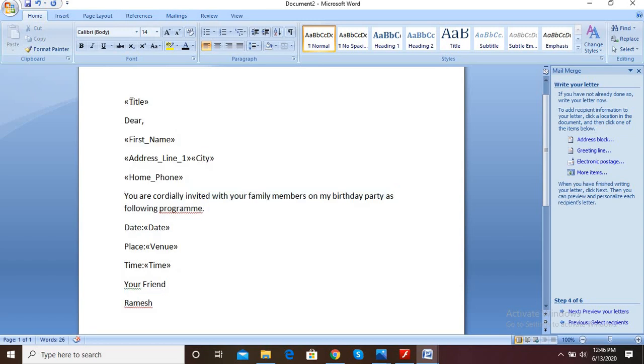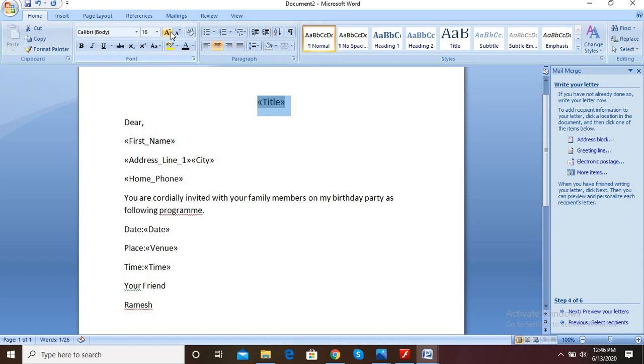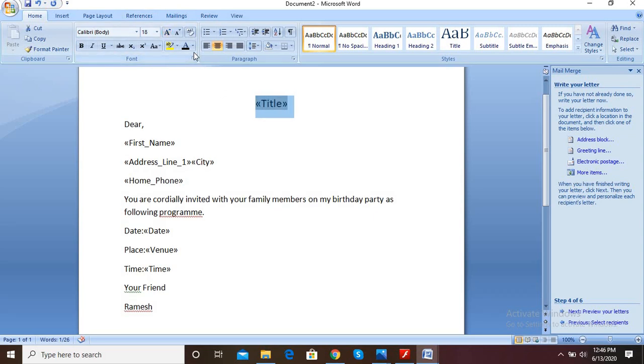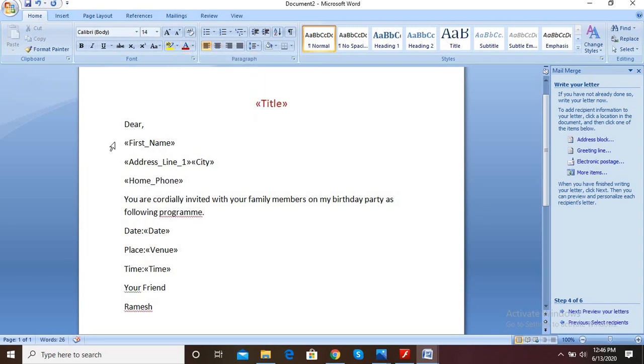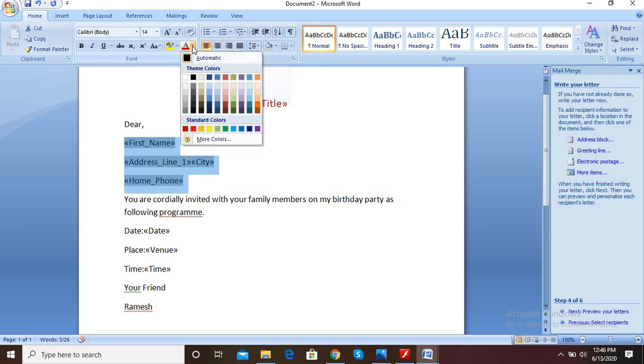After that, put the title in the center and increase the size of your heading. Okay, change the color, then change the color of all the data present in your database.